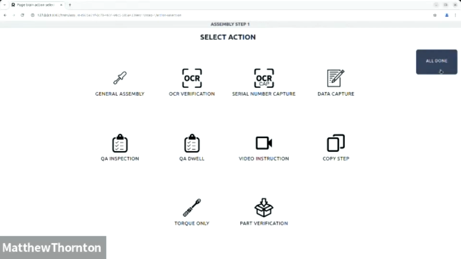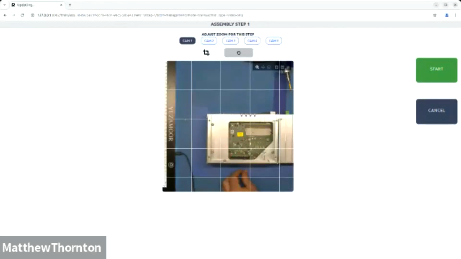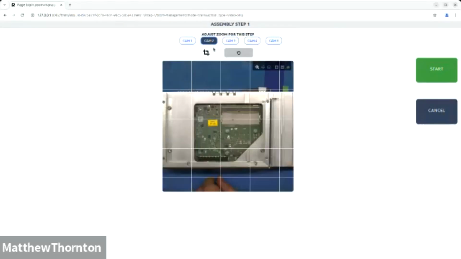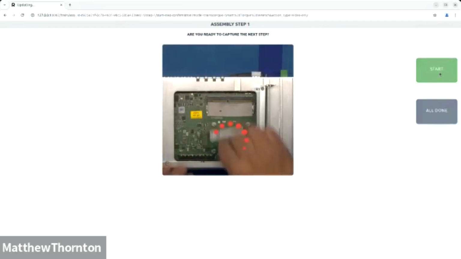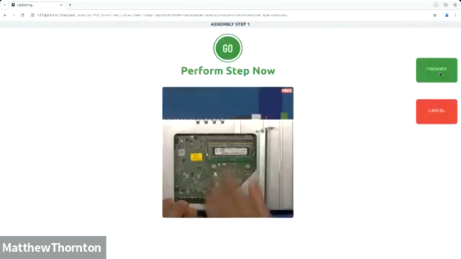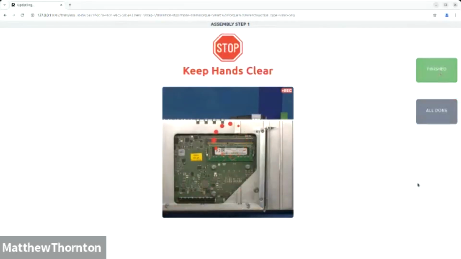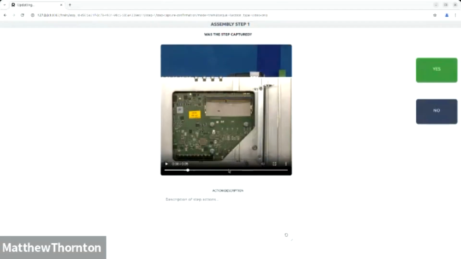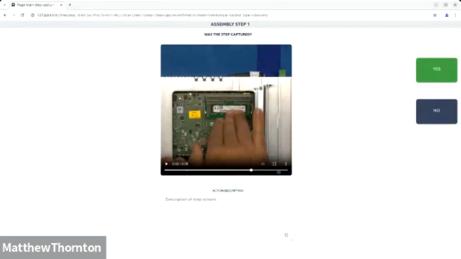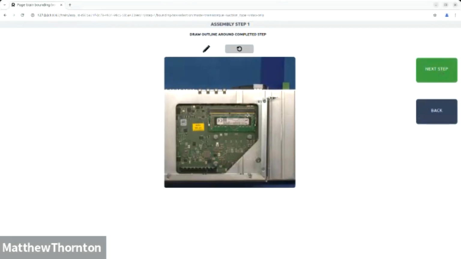So the first thing I want to do is show it a video instruction. Choose the correct camera I want to use for that instruction, zoom in a little bit, click start again, go in here, install that memory module correctly, click finished, and now I've got a video work instruction on how to install the memory module. It's going to transcode this. You can step through really quickly and see if this looks correct to you, and if it does, move on to the next step. At this point, give the on-screen guidance of where it's got to go,